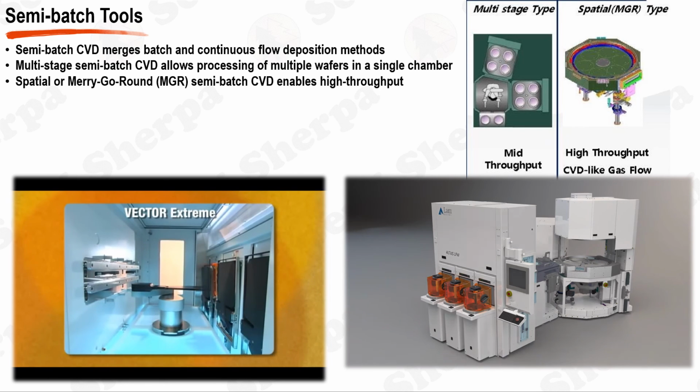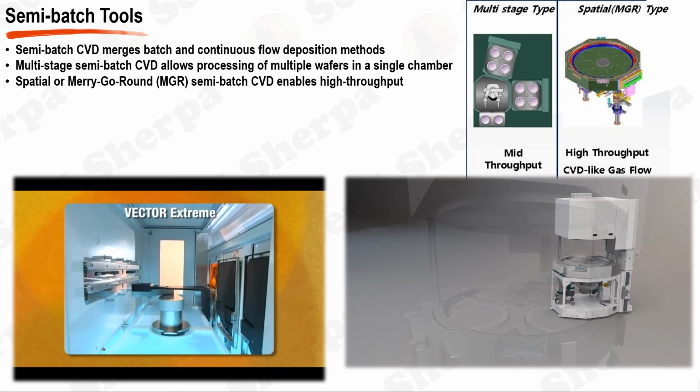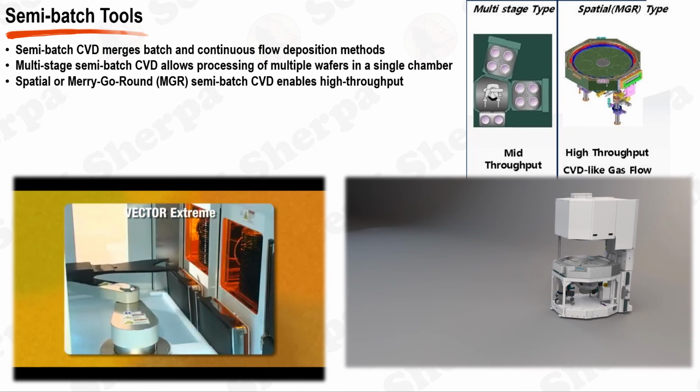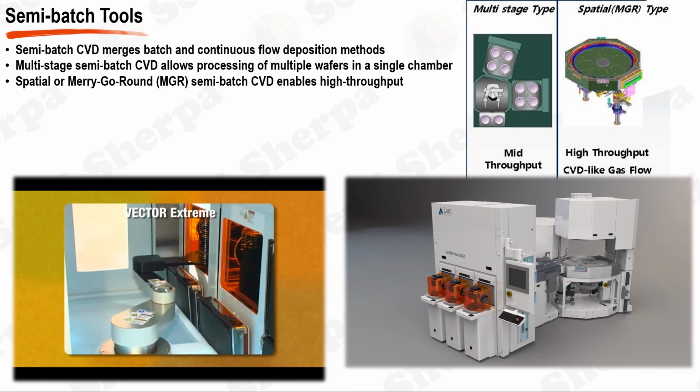One of the types of semi-batch CVD is a multi-stage type, which is a single-chamber system but designed with multiple showerheads and chucks, allowing for the simultaneous processing of 2 to 4 wafers. This setup offers mid-throughput capability, with each stage optimized for a specific part of the deposition process. This controlled, stage-specific deposition affords a higher degree of control over the final film properties and increases the efficiency of